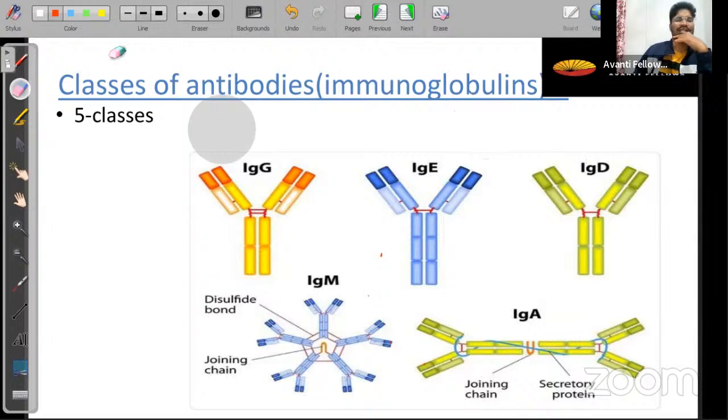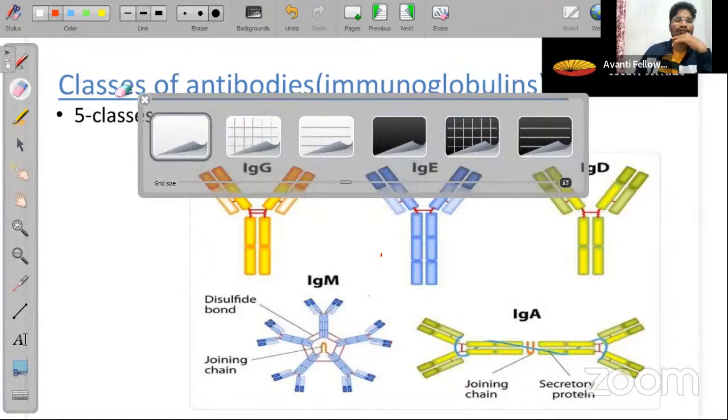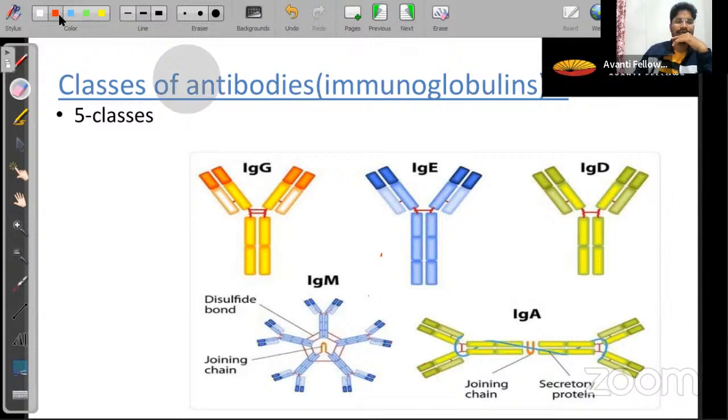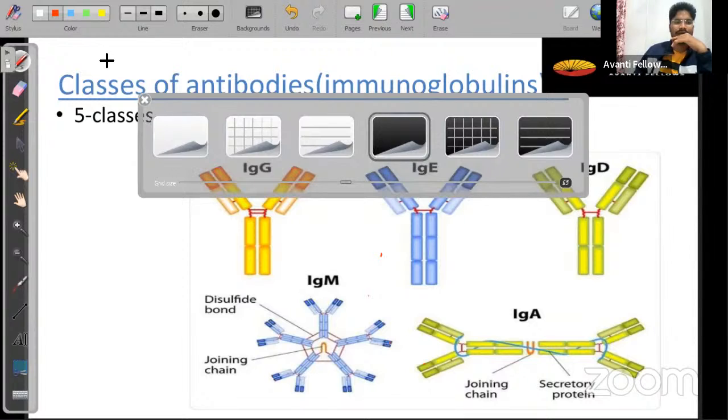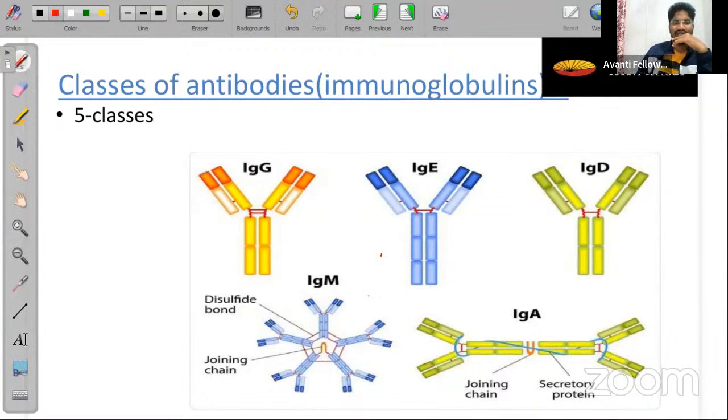There are many different classes of antibody, but in general, we are going to talk about the 5 different classes of the antibody. That is your 5 different classes: IgG, IgE, IgD, IgM and IgA. Out of all the 5 classes of the antibody, antibody G, antibody E, and antibody D, GED, is your